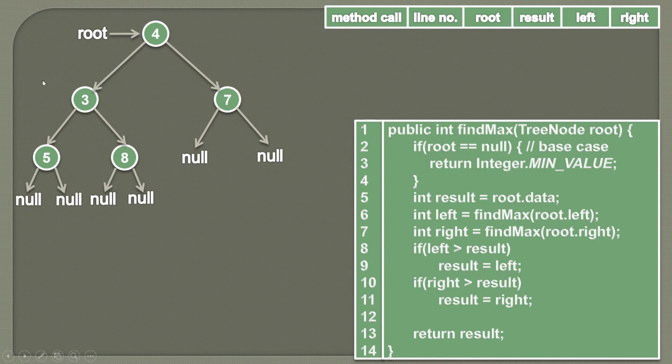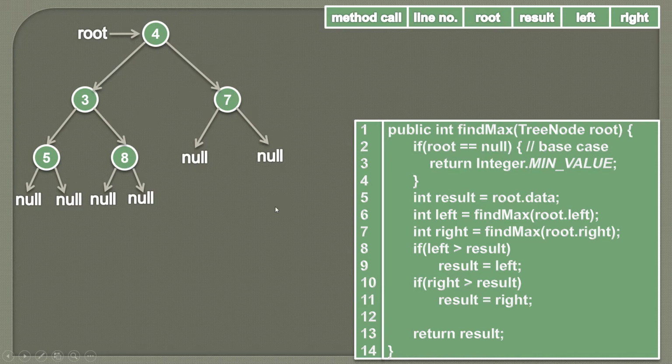So for example, if you want to find the maximum value of this binary tree having three nodes as 3, 5 and 8, we can simply take the root's value. Then we need to calculate the maximum value of the left subtree and the maximum value of the right subtree, and we need to simply compare these three values and we will get the maximum value till this node. So this algorithm is recursive. We need to apply these three steps on each and every node. And using this algorithm, we will also traverse each and every node, because in order to find which is the maximum value among this binary tree, we need to traverse each and every node.